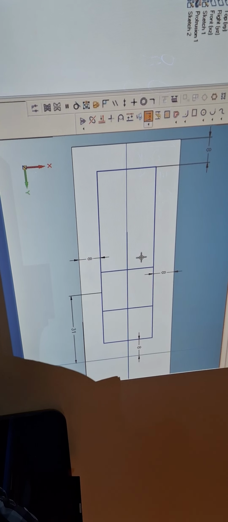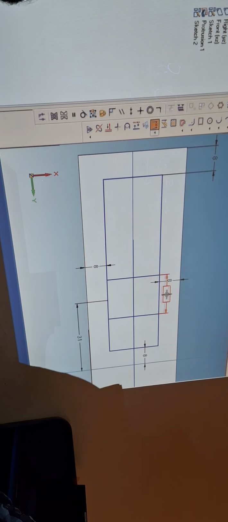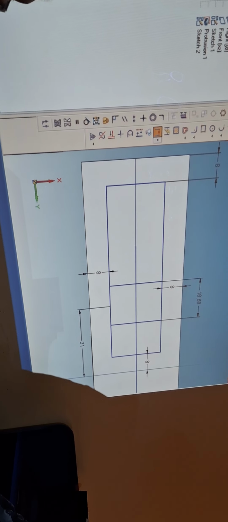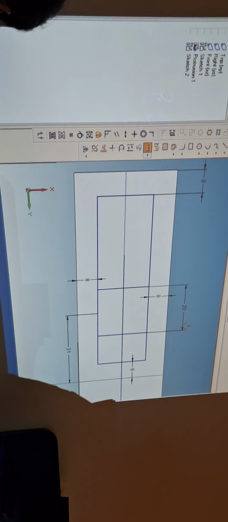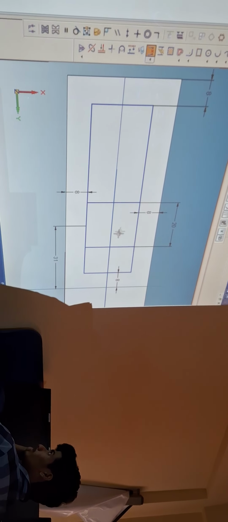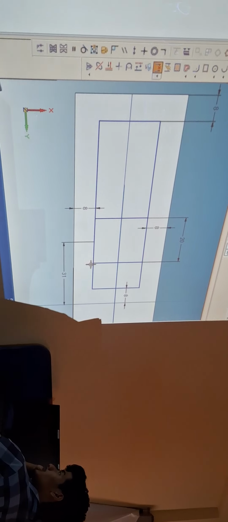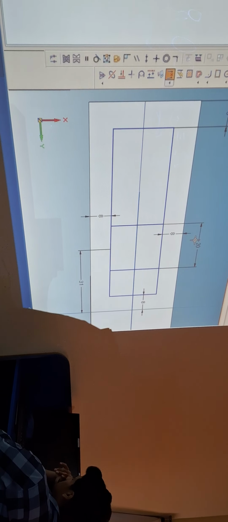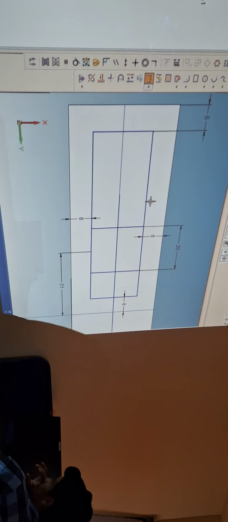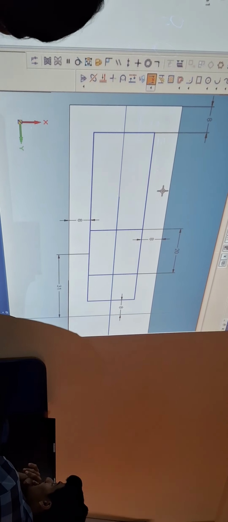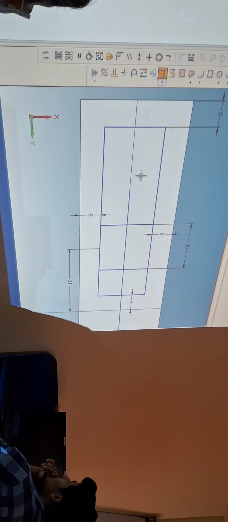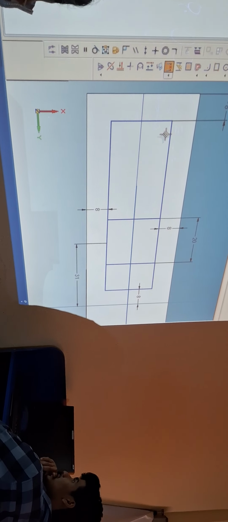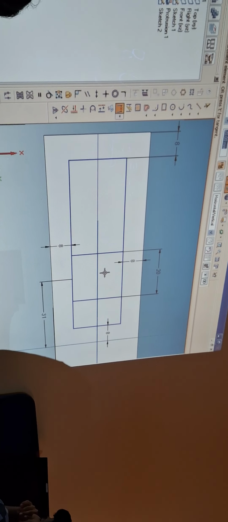Go to distance between this and this. The total distance should be 20, meaning it is taken on either side. By default, from here to here it is 10 and from here to here it is 10, because the total length is 20. By default this height is 20, because this is 8 and this is 8, which is 16. Inside it is 20, so the total is 36. Correct? By default it will come. Now I have created this.